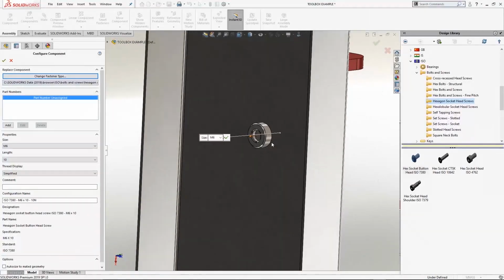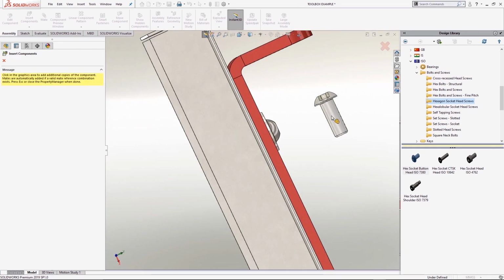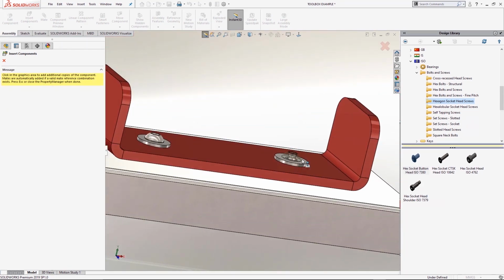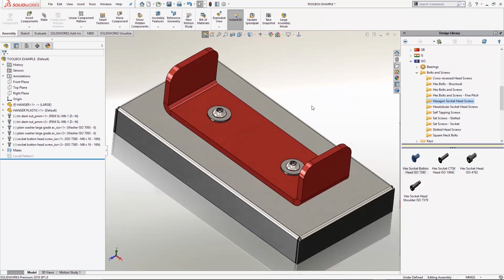And what's really nice about the toolbox is that this little orange arrow, as I pull it out, it actually pulls it out into the sizes that are available for the M6 dome head using ISO standards. So we've got a 16 or a 12 that I can use, or even a 20. I'm going to go for the 16. I'm then just going to accept it, and then I've got one at my cursor that I can drop into somewhere else.